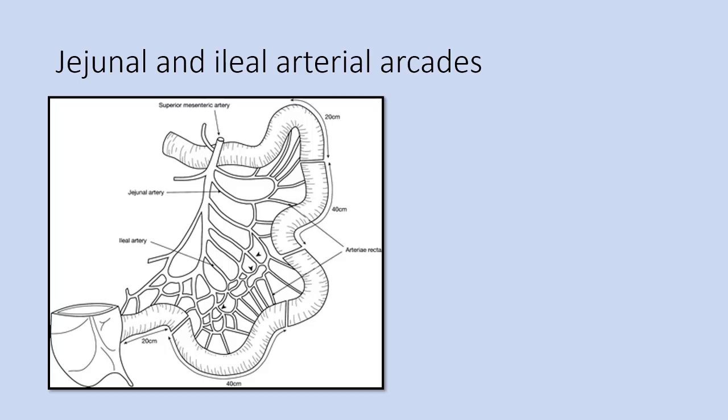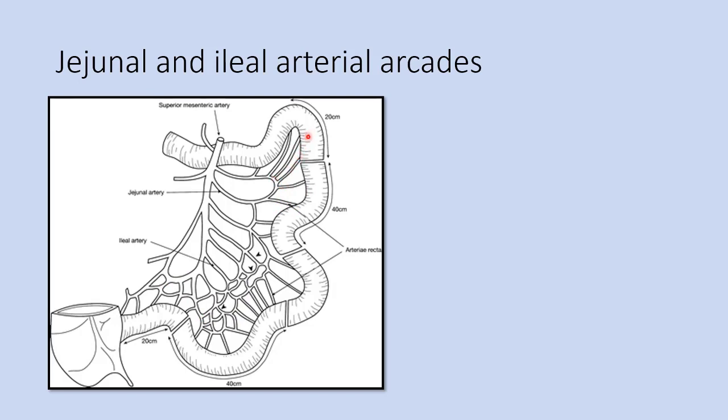Jejunal and ileal arteries are from the left side of the superior mesenteric artery. There are 15 to 20 such branches which run towards the jejunum and ileum. When these arteries reach within the mesentery towards the gut, so they make some windows. So these are called arcades. So such windows are large and 2 to 3 in number near proximal part of the small intestine, that is jejunum. As we reach distally, here you can observe many windows. And these are the straight arteries.